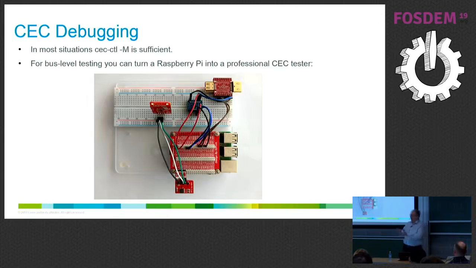It also, if the hardware supports it, can see the messages between two other devices. So not to you directly, but from one device to another device. They all go through the same bus. So if the hardware supports bus sniffing, then you can see those as well. But to come back to the CEC GPIO driver, you can also connect the CEC pin to pin